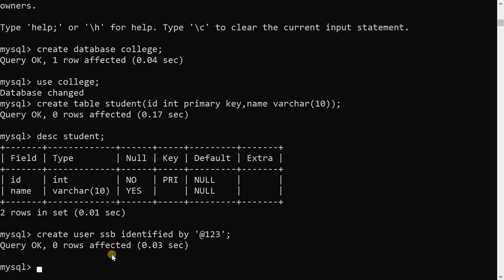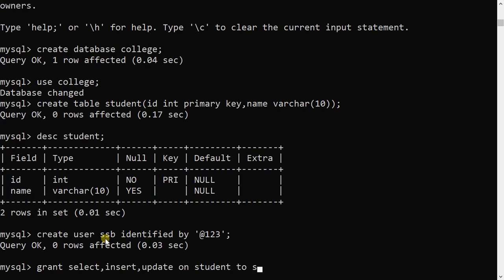If I want to grant permission to a user, like which operations can be performed by that user, that can be done by using the grant command. Grant select, insert and update. I am showing you three operations are granted, on which table? Student table.